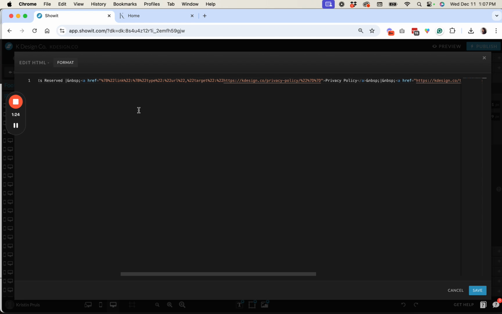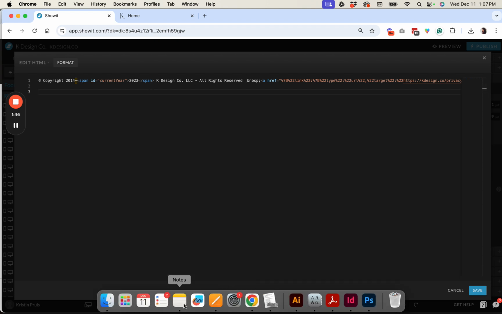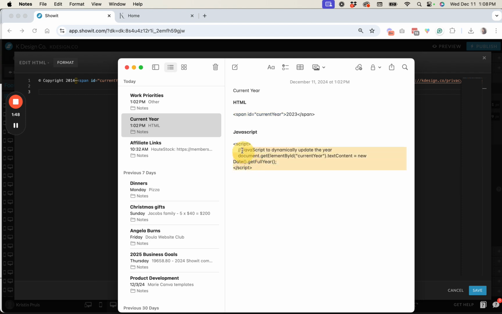And then the second thing you're going to want to do is make sure that you update this year with kind of a fallback value. So you could put the current year that you're in, but actually just to show you as an example that this is working, I will actually make it last year just so you can see once I update the code. So once you have that span added around your end date,